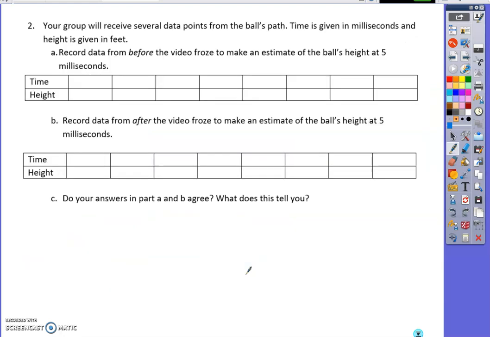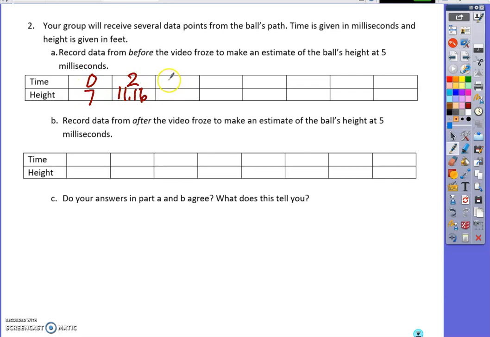So, your group will have several data points on the ball's path. Time is given in milliseconds, and height is given in feet. I'm going to give you some information, and we're going to write stuff down. We're just going to go ahead and fill out a table as quickly as we can. So we've got 0, 7, 2,